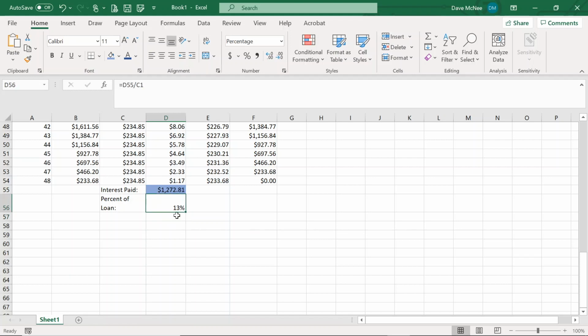So imagine that. The company told me that I'm paying 6% interest, but because of that compound interest idea, it's actually different every month, and it's a lot more than 6%. It's more than double. We can in fact expand this number to be more precise. It may not be exactly 13%. Let's go ahead and expand the decimals, and yeah, it's 12.7281%. So you can in fact tell the Excel file how